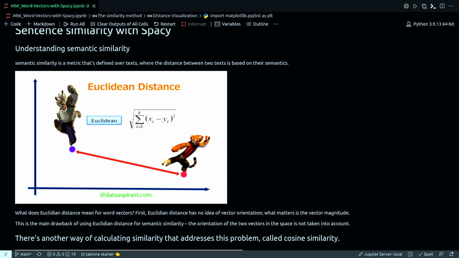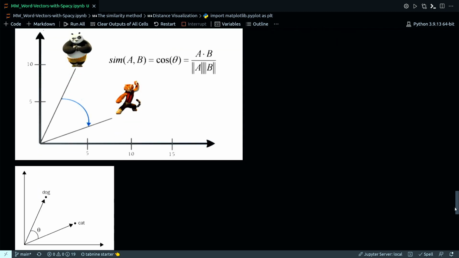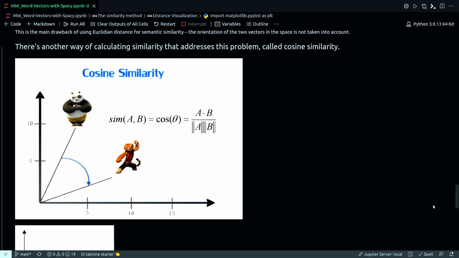And this is the main drawback of using Euclidean distance for semantic similarity, because the orientation of two vectors in the space is not taken into consideration at all, and which is important for calculating the semantic relation between two words. And hence there is another way of calculating similarity between two words which addresses this problem, and which is our cosine similarity metric. So contrary to Euclidean distance, cosine distance is more concerned with the orientation of the two